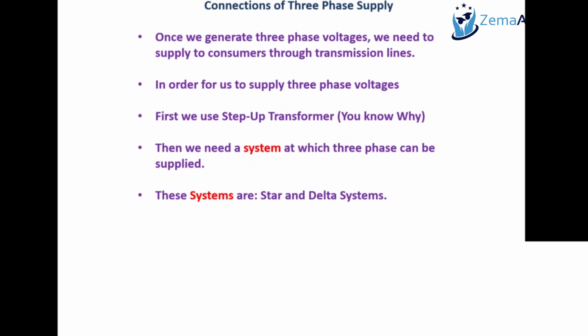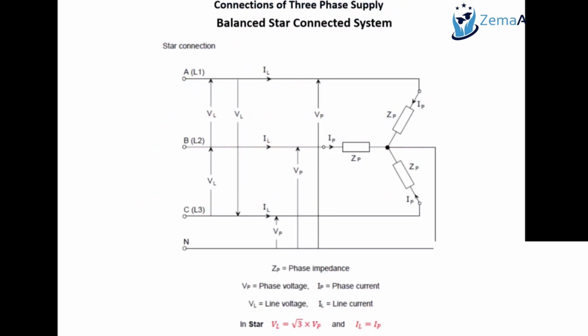But of course, you should be thinking, what is star, what is delta, why do we need to have two systems? Well, I just want to simplify. If you have three separate conductors that have three generated voltages, those three generated voltages need to have a particular system to transmit. So one is called star and another is called delta. I said in the previous slide,